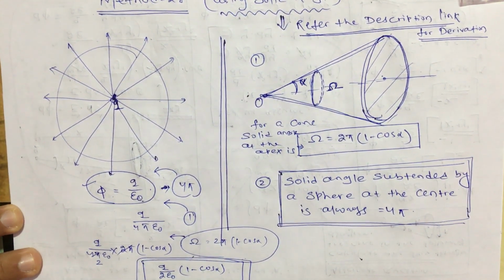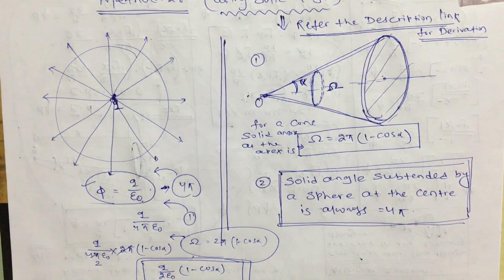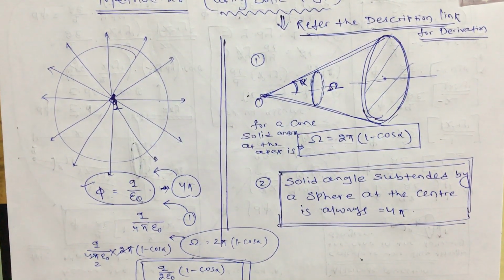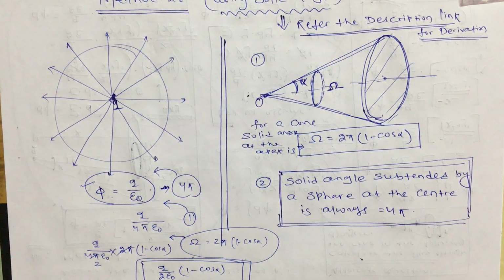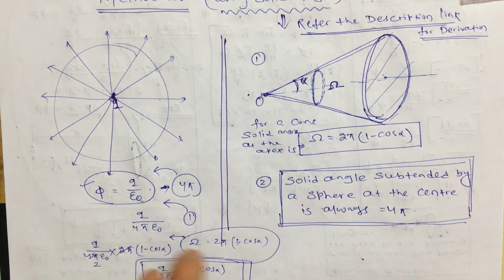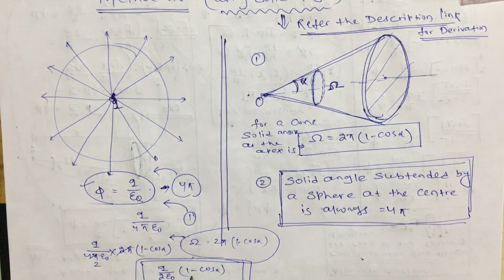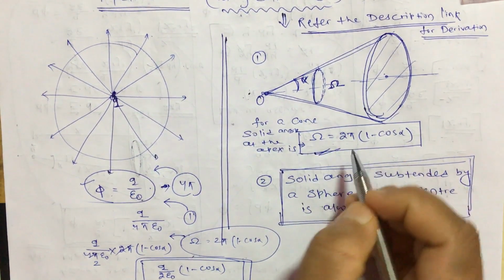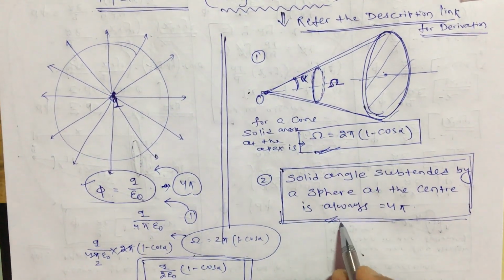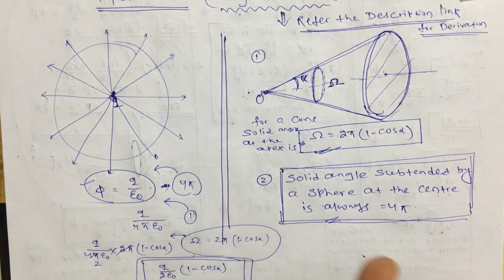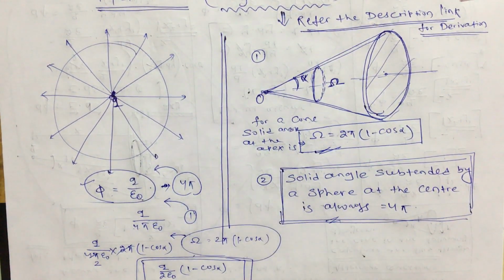You can check that in the last case, what you did using integration, we got the same answer, and you can compare these two answers. Although the answers are the same, the steps involved are completely different, and this is the easiest one. So if you remember this formula and know these two results, you can derive it very easily. And to understand it, again I am repeating, go through the video whose link is given in the description. Thank you.